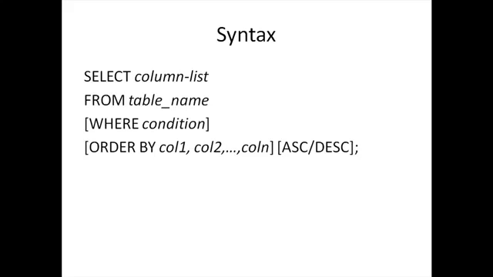But if you want to sort data in some order, then you would have to type in the keywords order and then by, and then the names of the columns on which you want to sort your data. And by default the data is sorted in ascending order. So if you want to see data sorted in descending order, then you would have to specify that too by